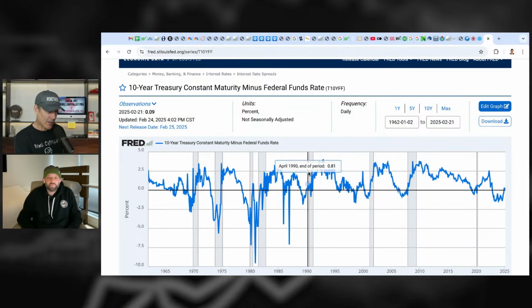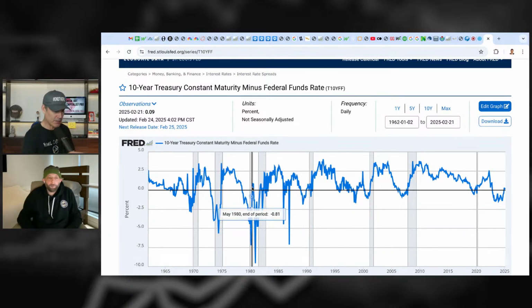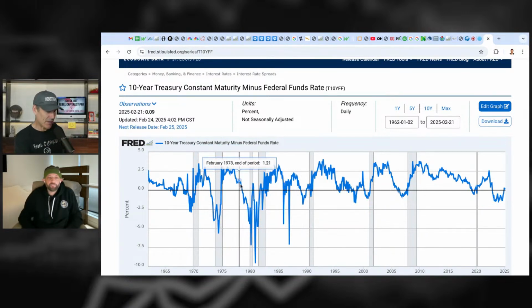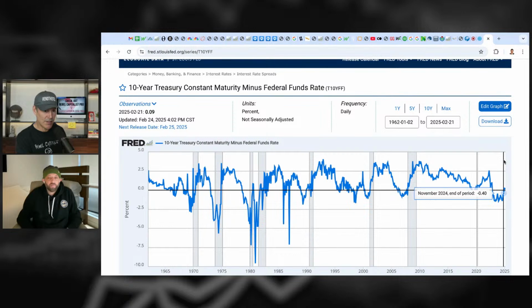And then back in the 80s and 70s, it was just completely all over the place because the Fed, and again, most people don't realize this, but the Fed back in the 1970s and even with Volcker, they didn't really target an overnight rate. They targeted M2 money supply, much different. So it's harder to look at the yield curve with the Fed funds back there. It's easier to do it with the 2-year and the 10-year. But yeah, this is just crazy stuff.